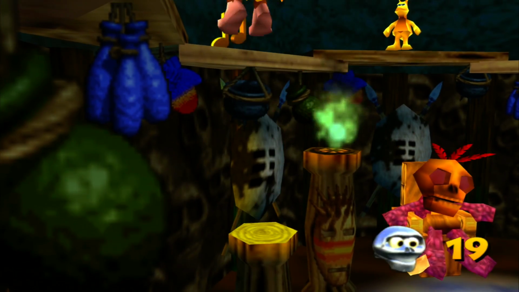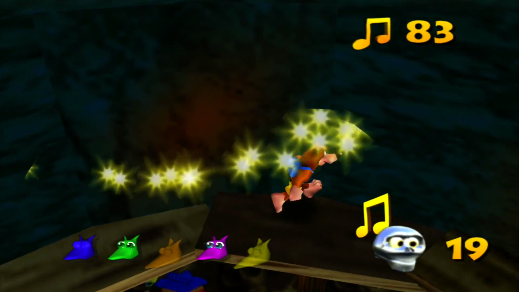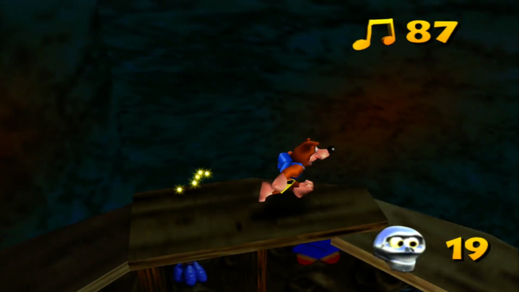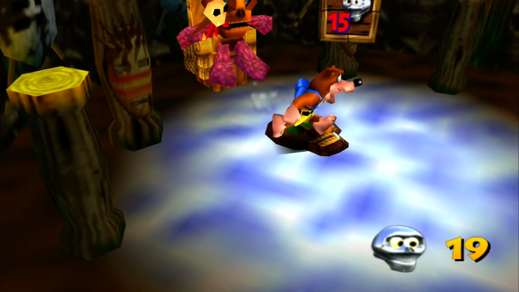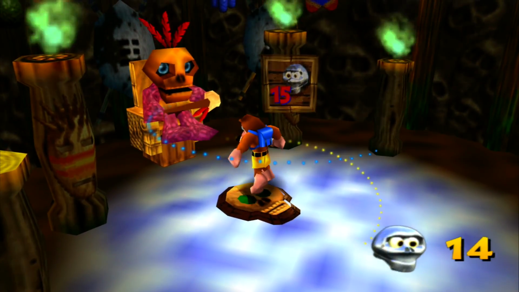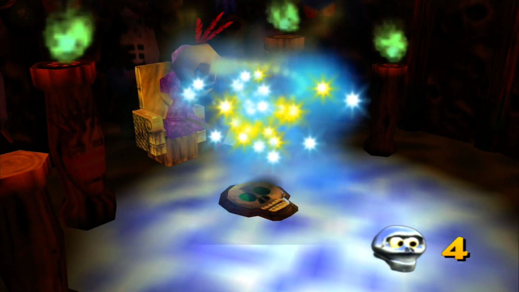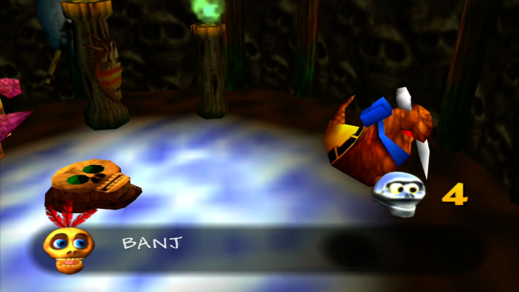If memory serves right, though, yes, the other Jinjo is actually inside of Mumbo's hut, which we want to grab. So we got all of the... I think we have almost everything. If memory serves me right, we're pretty much done here. We're going to have to give up 15 Ekum Tokens, though. 15 just to get this transformation for this level. Kind of crazy, but we pretty much need it, so...